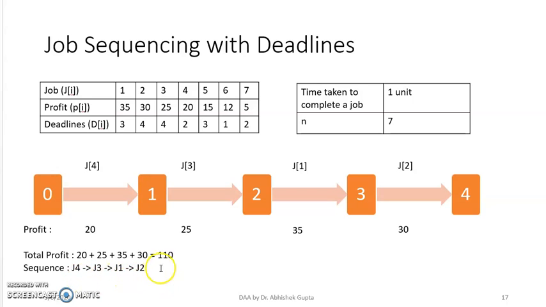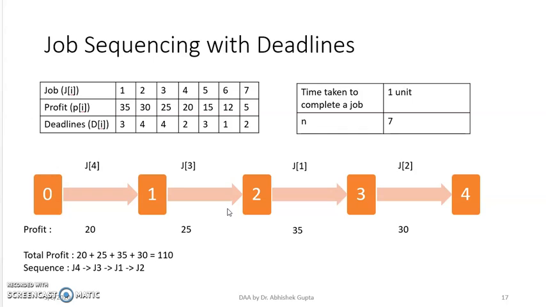However, with the same profit, another job sequence can be there. There can be multiple job sequences giving the same profit. We have to take only one sequence, or we can take multiple sequences which give the maximum profit. So in this case, the maximum profit is 110, and the sequence can be this one or another one also. It depends on the algorithm. For example, if we swap J3 and J4, completing J3 first and then J4, then we will also get the same profit, but the sequence changes.